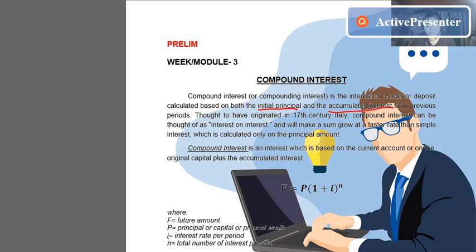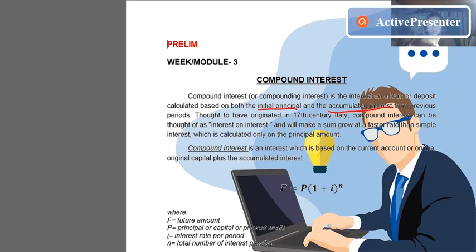Thought to have originated in 17th century Italy, compound interest can be thought of as interest on interest, and will make a sum grow at a faster rate than simple interest, which is only calculated on the principal